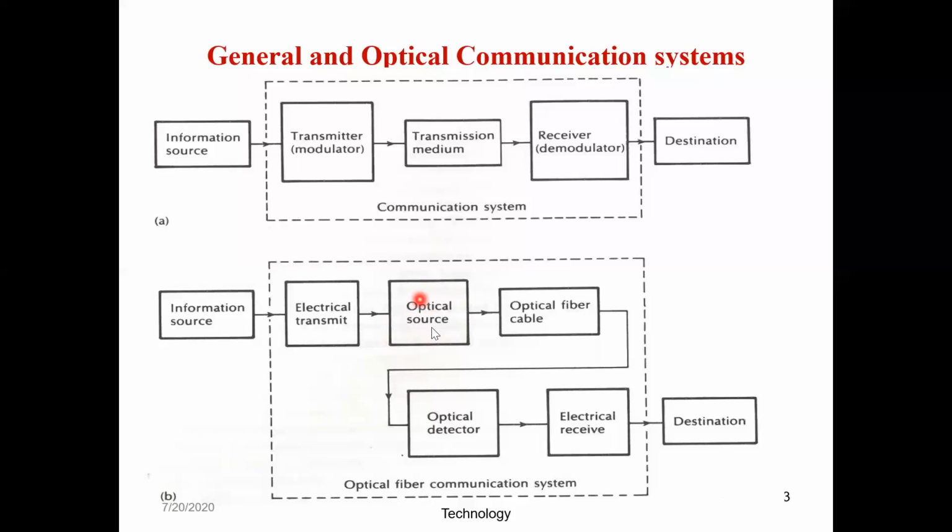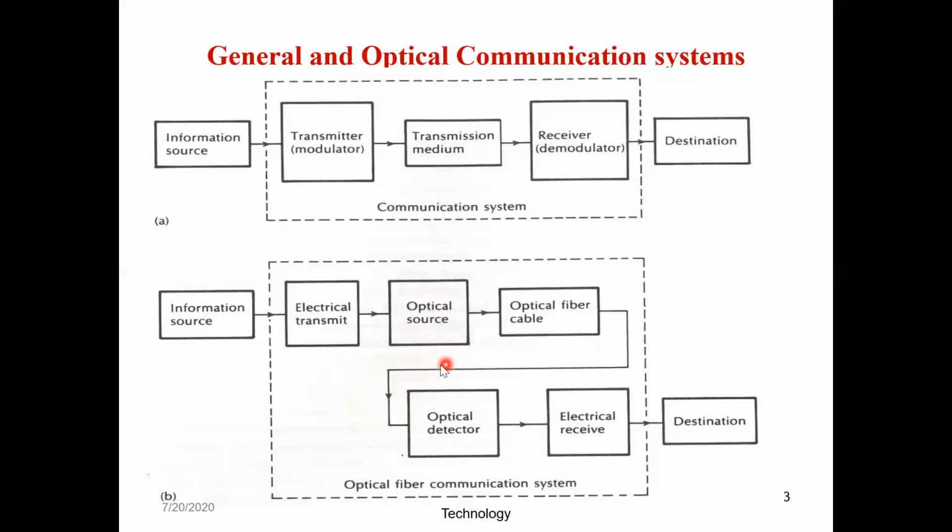So what is the function of an optical source? The optical source converts an electrical signal into an optical signal. Now see, I might have a very small signal coming, and with that small signal my optical source might not work. So I require an electrical transmit, or you can also call it drive circuitry. It makes my signal suitable so that I can run an optical source, and based on the amplitude of the electrical signal falling on the optical source, electrical to optical conversion takes place, and then the signal enters the fiber optic cable.